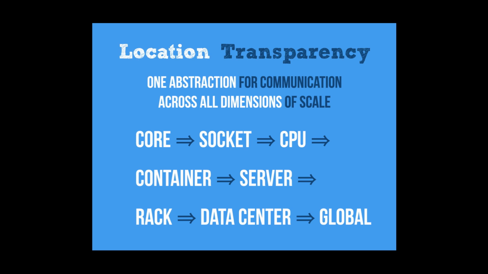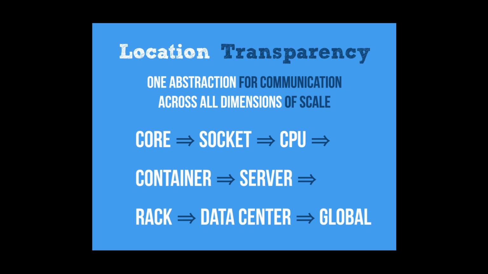And if you have one programming model with unified semantics, then you haven't hard coded into the system how the topology should look. Instead of, as we've been used to doing in the past, relying on different tools and different semantics for each layer, for each level of scale. You can say you have, for example, callbacks for a single core, threads and locks across cores, and you might have some sort of message queue across nodes and across data centers. Instead, async messaging, for example, can be a unified abstraction here.